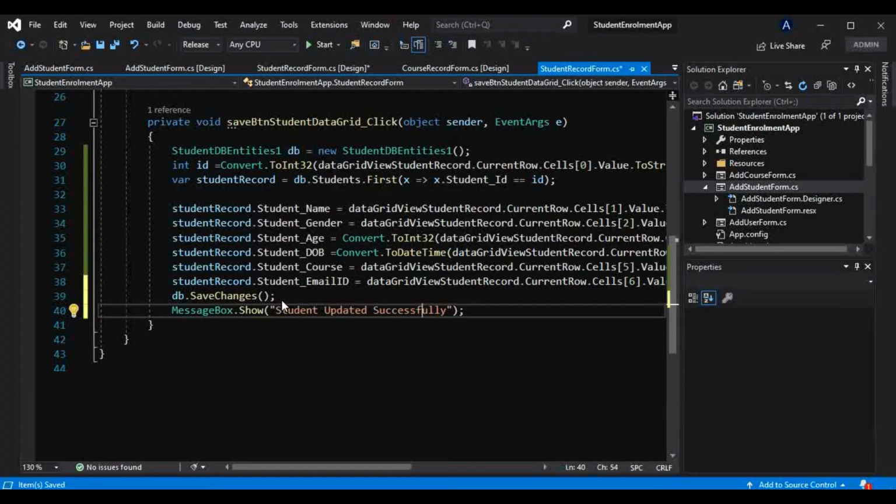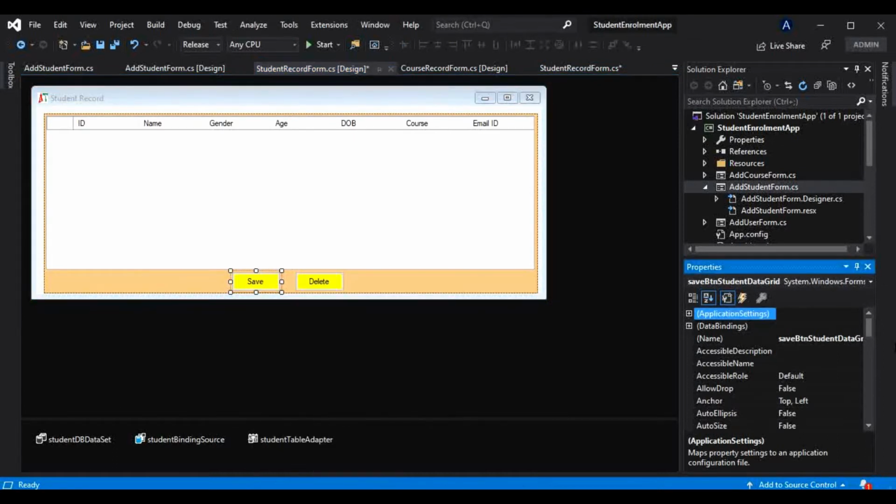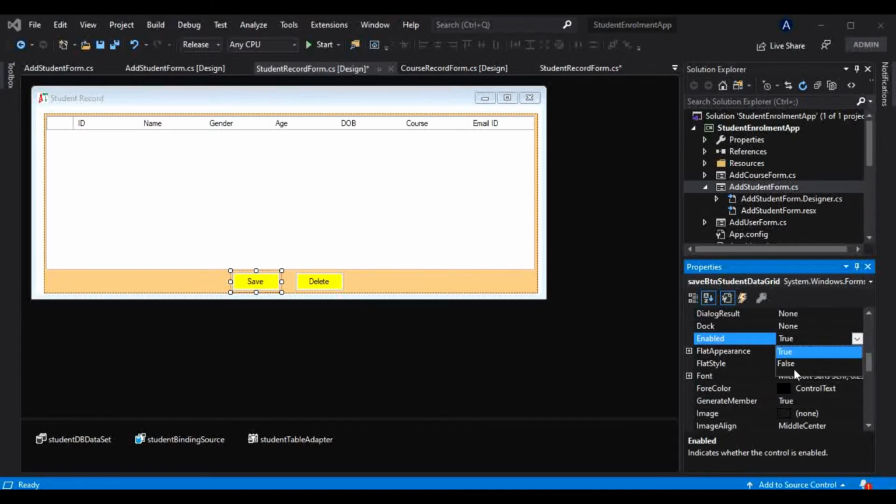Alright, but again one thing we have to do here, that whenever the user is in edit mode, at that time only the save button should be enabled. Okay, so for that we have to change the default behavior of this button. If I right click on this button here, we want to disable that for now, and we will enable it whenever a double click event is fired.